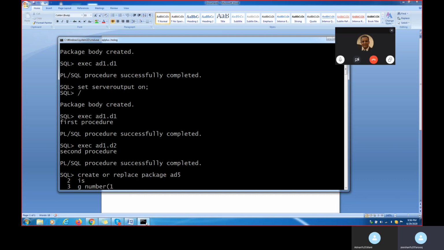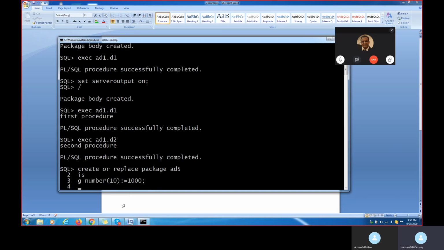Okay, that number I am putting the value as, colon equal to, one value as 1000. I am giving G as a number, value as 10,000. This is like a global value which I am passing. That value I am using in the procedure also. That value I am using in the procedure and function. I am using this value inside the package.